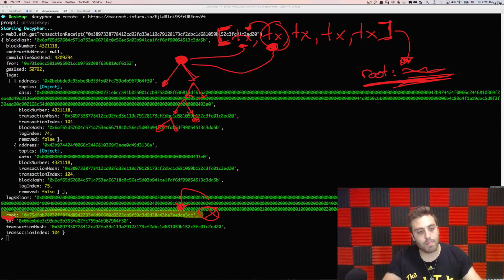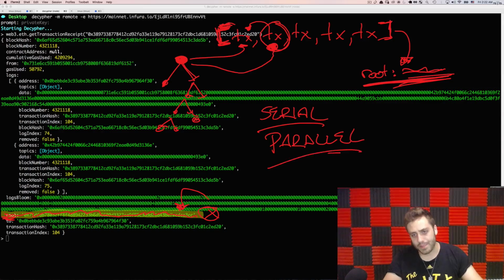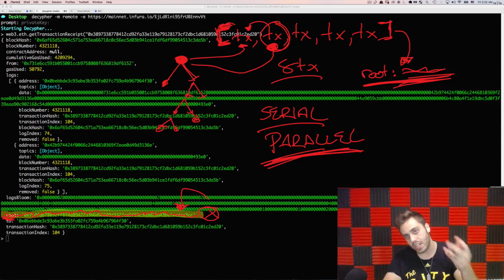And what this means, having these intermediate state roots, is that all of the transactions in the block need to be processed in serial, because you need to know about the intermediate state root of each transaction in order to generate your own. But if you removed this parameter entirely from the transaction receipt, then that would open you up to being able to process all of these transactions in parallel. If you had 8 transactions in a block, you could process all 8 simultaneously on 8 different threads in your computer and potentially get an 8x performance boost of how the EVM was working.